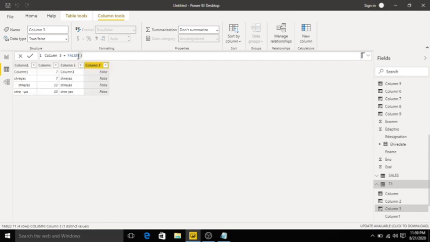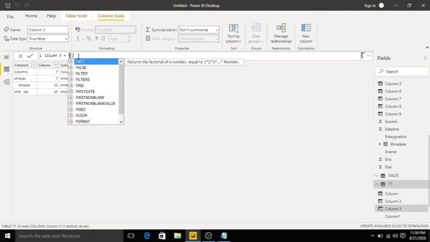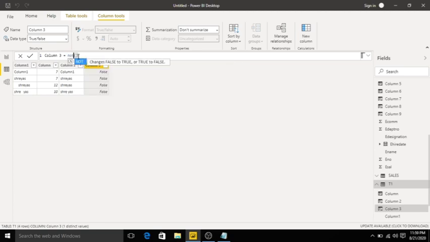We have another function called not false. It returns all as true. Click enter.